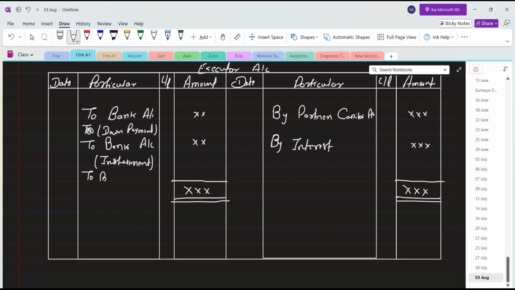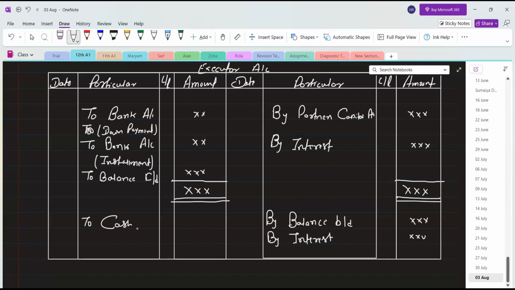So to balance CD, it will be here by balance BD. And then again in the next year, I will write by interest. And to cash account, installment payment. To cash or bank,